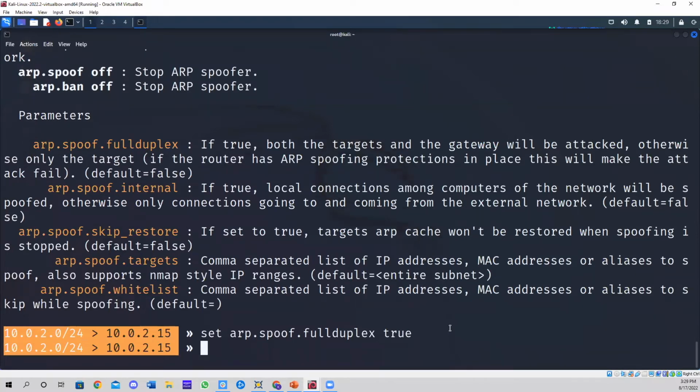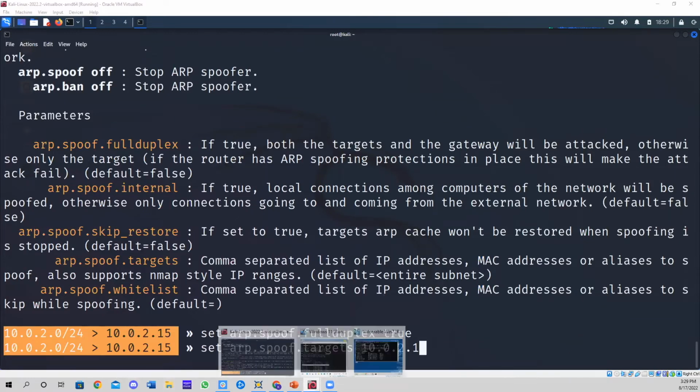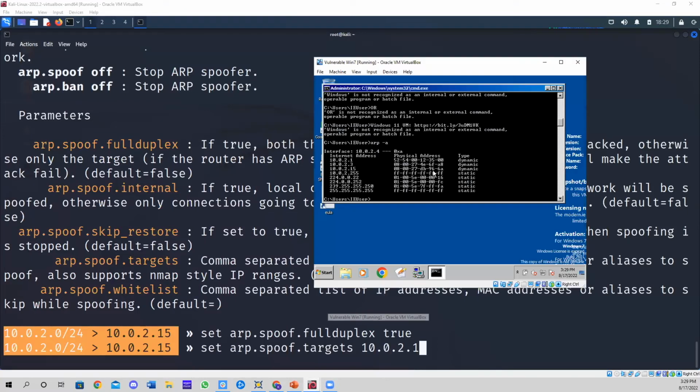So we've set that. And again, now we can set our ARP spoof. So set ARP.spoof.targets, and we have to define our targets. Now we know that our gateway, if I remember correctly, is operating on .1, but we can check. I could normally check just by doing Linux, but I'm going to cheat today. I'm just going to use my ARP table from my Windows machine, and we can see